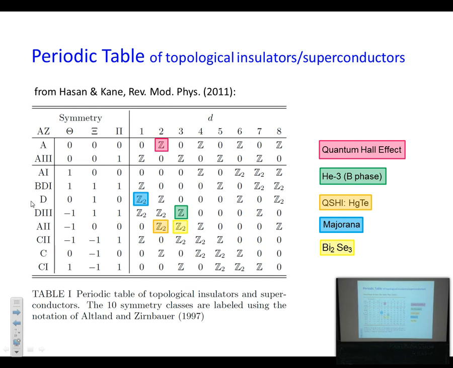Let's see. So now we are here. We stay in the same symmetry class: strong spin-orbit scattering, but time reversal is preserved. We go up in dimension. We still have a C2 invariant. It's not directly related to this, but still a C2 invariant. There are experiments on this. Majorana has been mentioned. The one insight from this was that helium-3 in the B phase, which has been around for a long time, books have been written about it, should also be seen as a topological